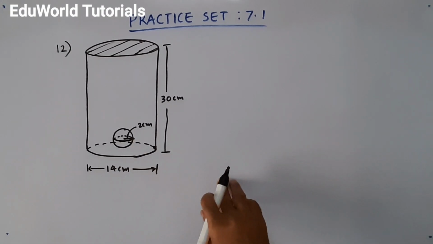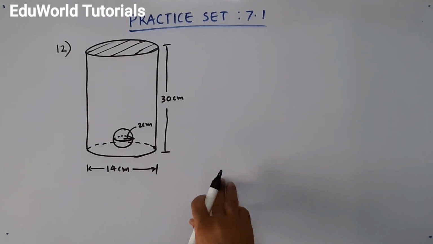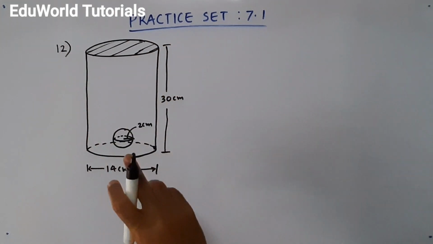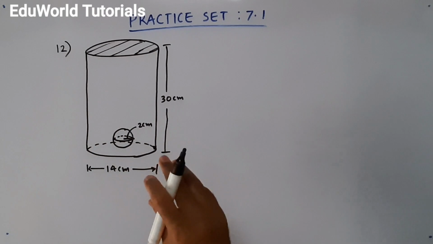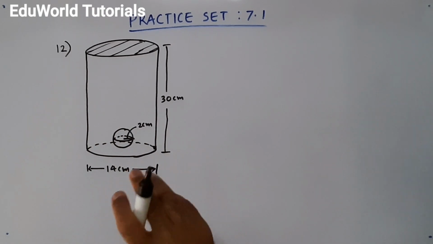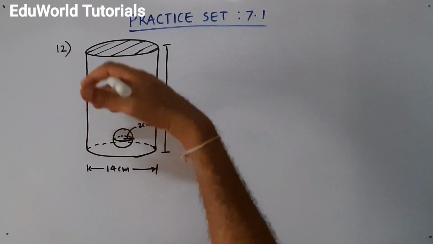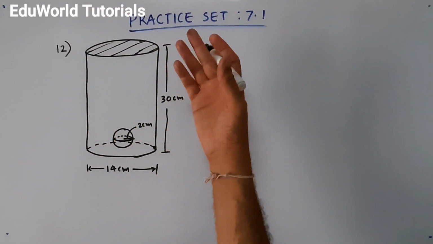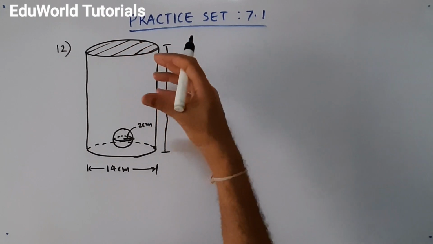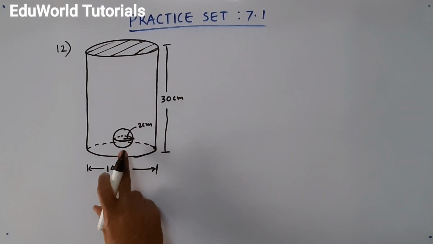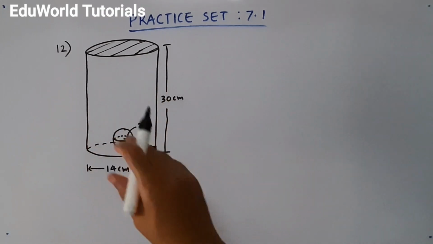Students, you remember the Archimedes principle. I have many times told you the story of Archimedes, right? According to the Archimedes principle, whenever you immerse a solid in a fluid or in a liquid completely or partly, then that solid will displace water, or the fluid is displaced, and the volume of the fluid displaced is equal to the volume of the solid immersed in it, okay, either fully or partly.